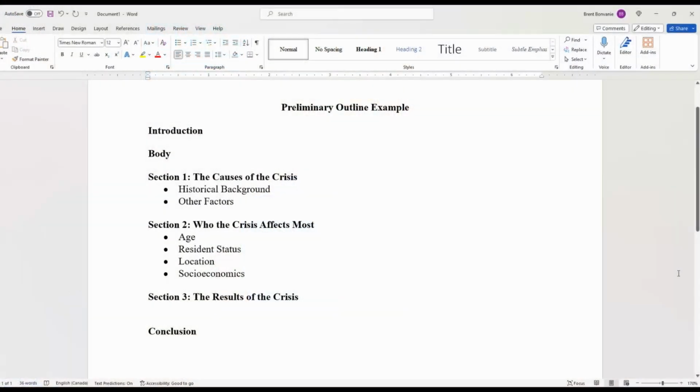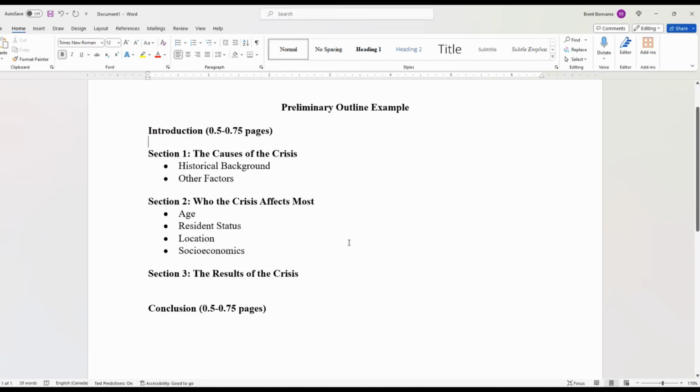Though I do have one last potential tip for this method to help you from going overboard in your research. In addition to what topics I want to cover, I sometimes use these early outlines to predict approximately how many pages each of these topics will cover. So, a good rule of thumb is that your introduction and conclusion are each going to be about 1/2 to 3/4 of a page. So we can jot those down for now. We've already got our sections, so we can remove our body heading here. But what we do want to now figure out is how many pages for each section.